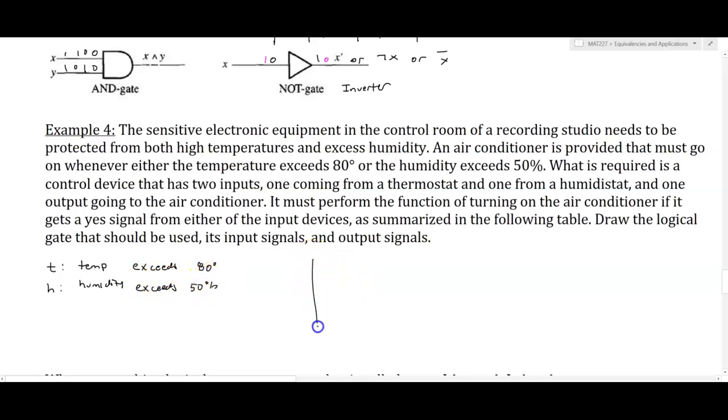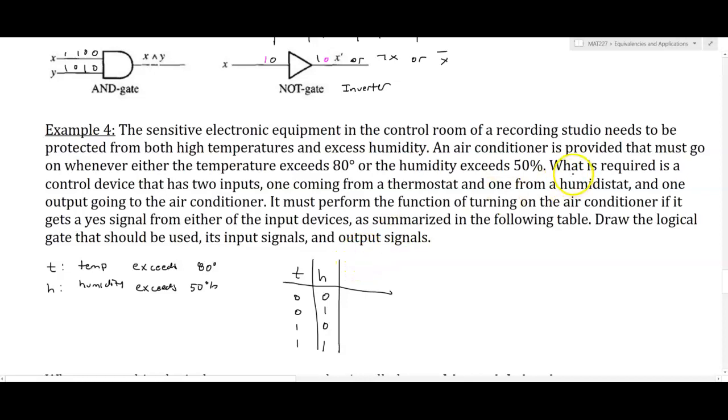Okay, so I'm going to build a truth table, and before I evaluate how these 2 signals are going to be combined, let's just plot out all the different possibilities. So we could have 0, 1, 0, 1, 0, 0, 1, 1. So this means that if T is 0, that means that the temperature does not exceed 80 degrees, and the humidity does not exceed